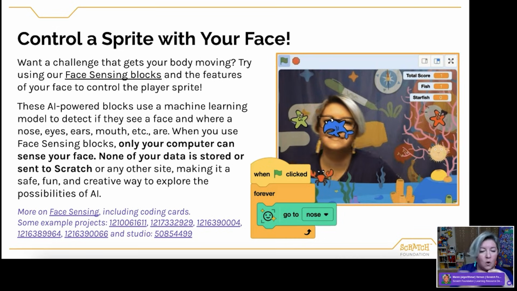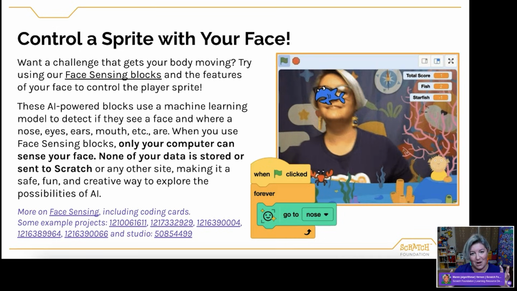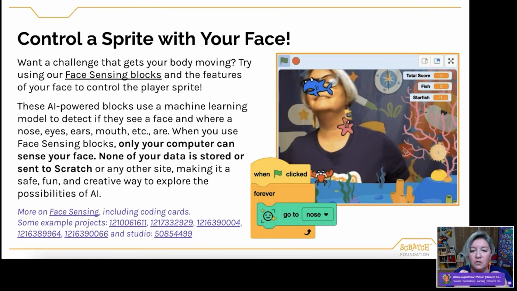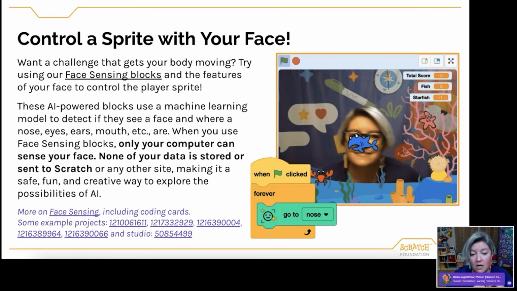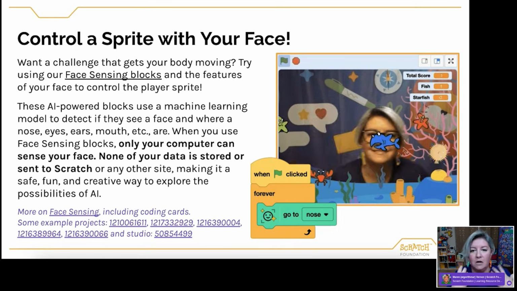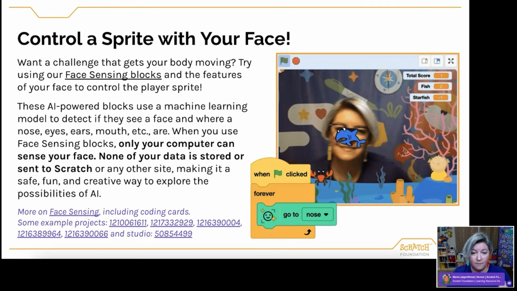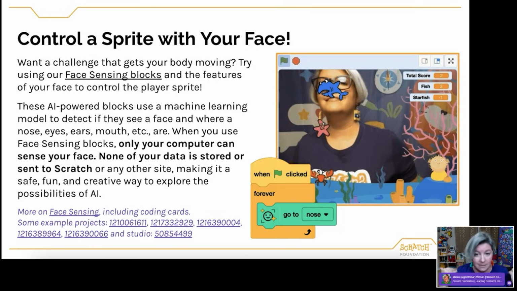And so the only person who's seeing your video is you on your machine. It also is not using your data to train. So it's already trained on millions of sets of faces, and so now it's just using that information to try to understand where your nose, eyes, ears, mouth, etc.